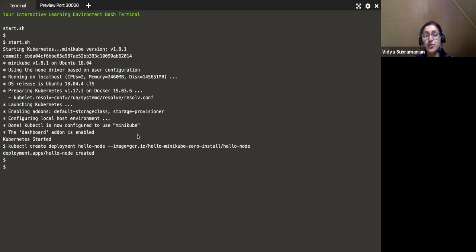So what we just did was the create deployment command, directly giving in the parameter right here, which will normally be this image. Because this is a really simple hello world sample we are doing, the image is already available.